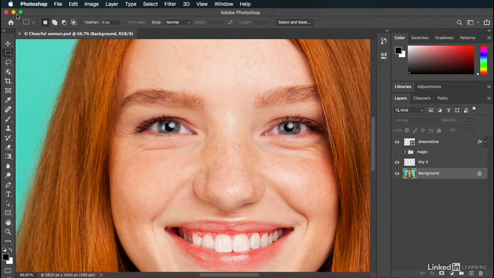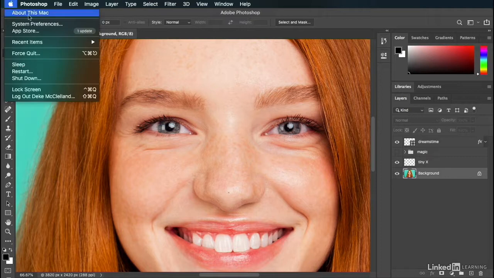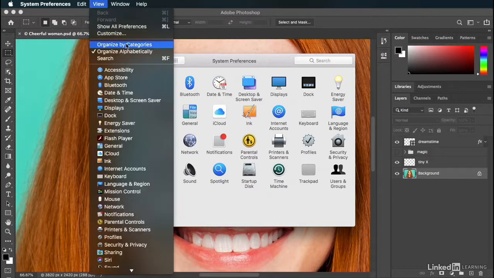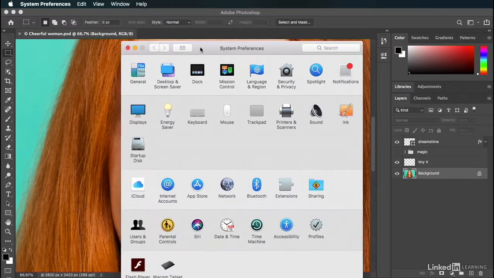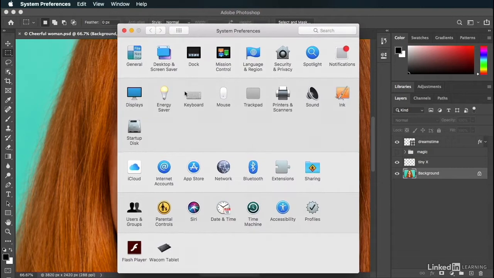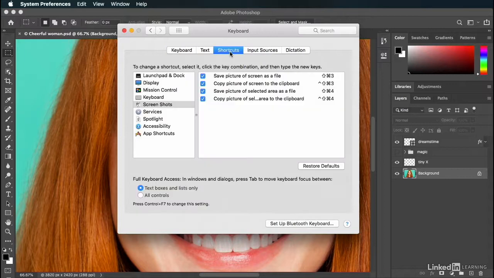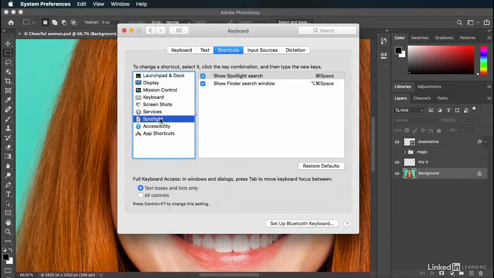Then what you do is you go up here to the Apple menu and choose System Preferences in order to bring up this list of icons. Notice that I'm currently viewing my icons alphabetically. I could be seeing them by category instead. But in any event, what you want to do is click on this guy, Keyboard, and then you want to switch over to Shortcuts,